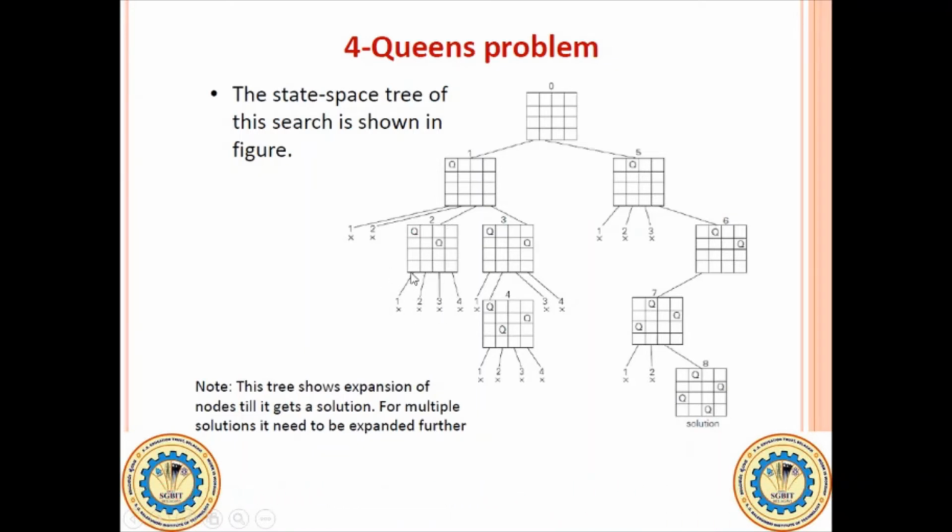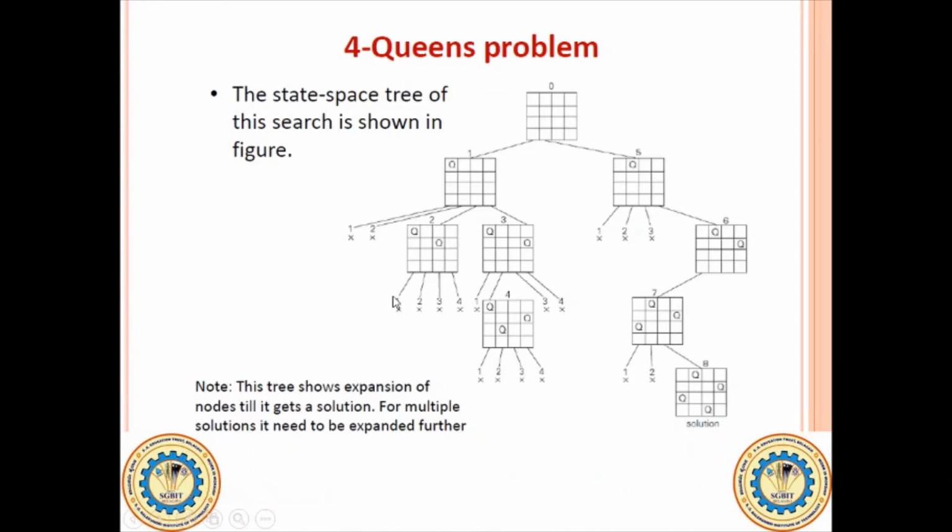Here you can see first we cannot consider, second we cannot consider, third also we cannot consider, and fourth we cannot consider, as we can't place this third queen on any place of the chessboard. Then we cannot proceed further for queen 4. Hence this whole solution we are going to take out. So next we have to consider